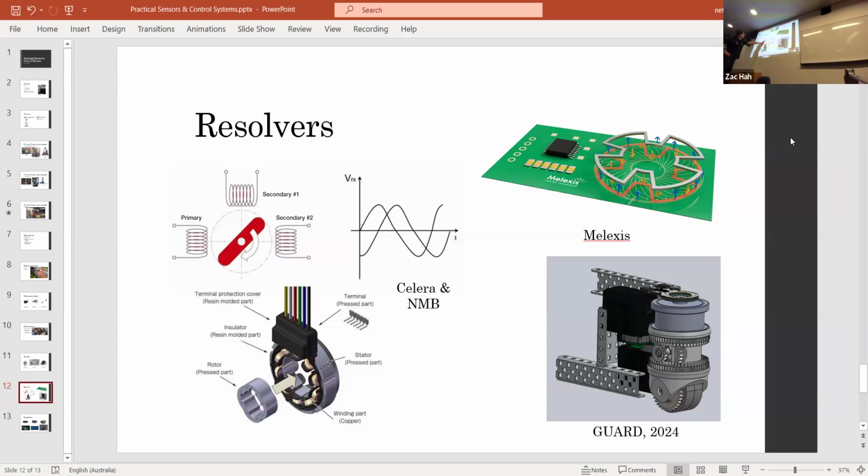Yeah. The difference with a resolver is that actually you just have any kind of metallic or conductive part, and your resolver stator will actually, it works like an induction cooktop where it puts current, which creates a magnetic field. So it's like an electromagnet rather than a permanent magnet. Yeah, exactly. Okay. And the advantage of that over a magnetic one is that because it has to run at